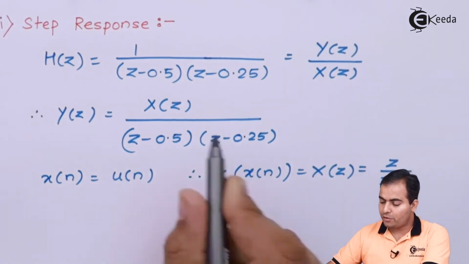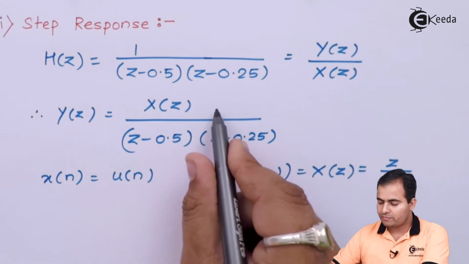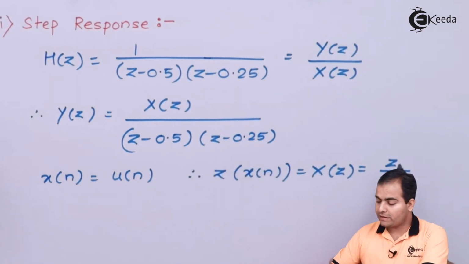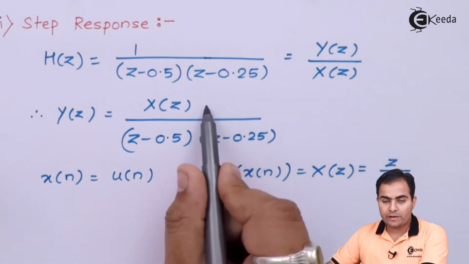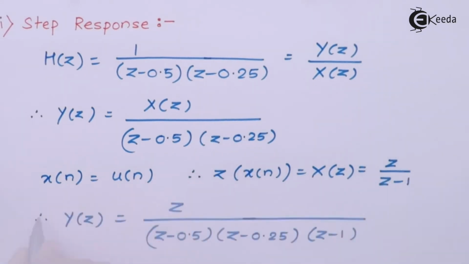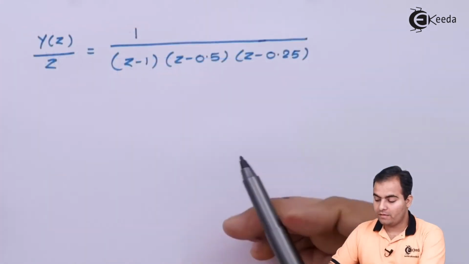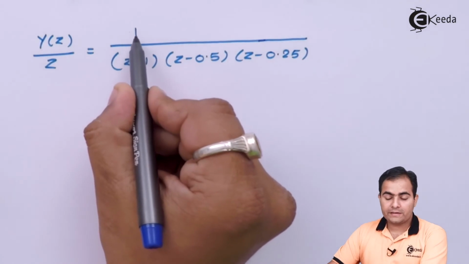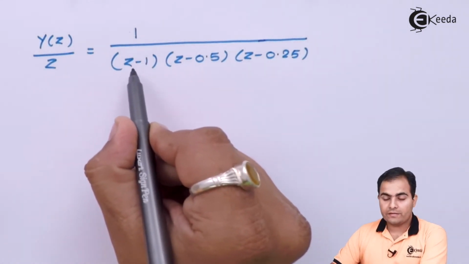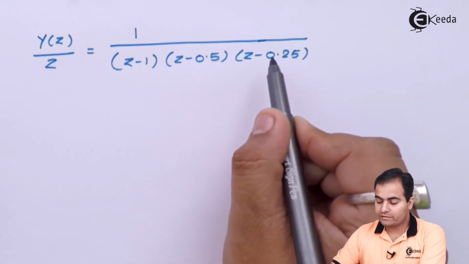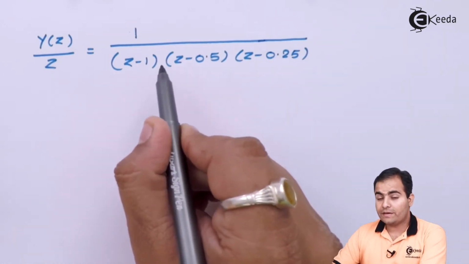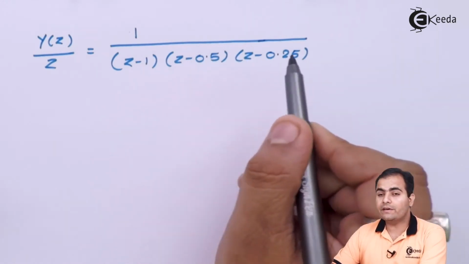So I'm going to substitute this X of z value over here so that this z will be in the numerator and z minus 1 will be in the denominator. Now, as I told you earlier also, first of all, we have to keep this z on the left hand side so that you can multiply this z after calculating the partial fraction on the right hand side, and then your result will be in the form of a unit step. Now, here I have shifted z to the left hand side, and now what we have here is 3 different factors in the denominator. Now if we have 3 different factors, then of course we will use 3 different variables.